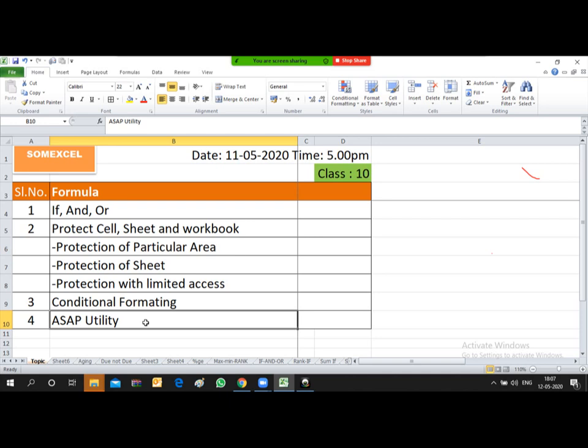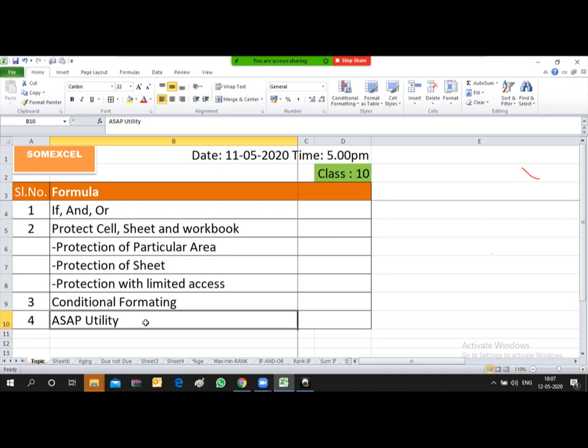ASAP Utilities is available, which you can download from the ASAP Utilities portal, and it remains available as free software, an educational version, for 3 months.